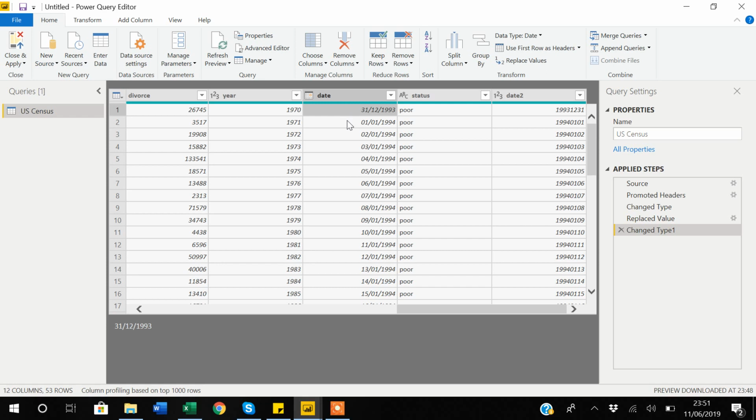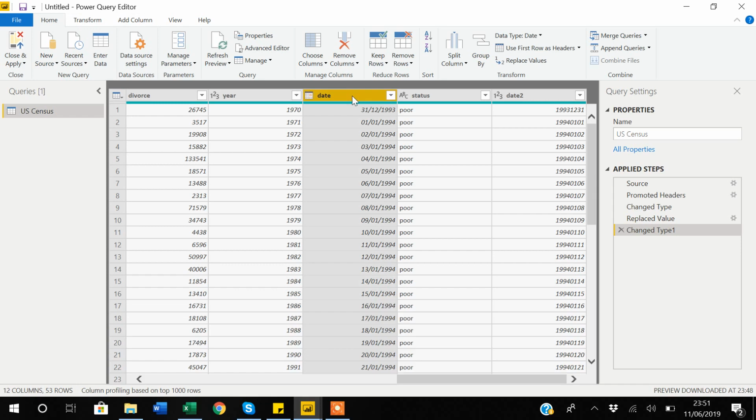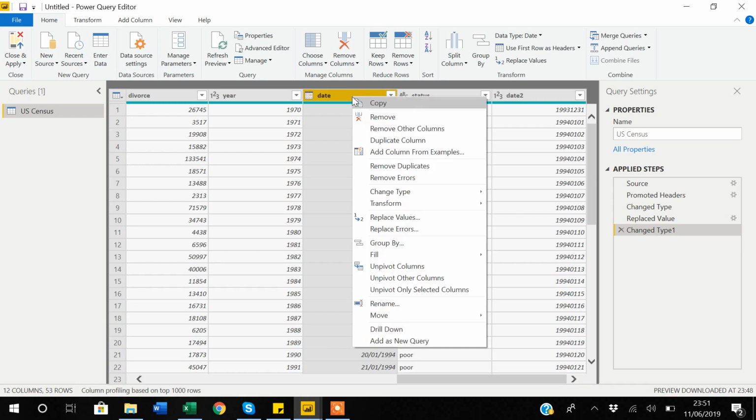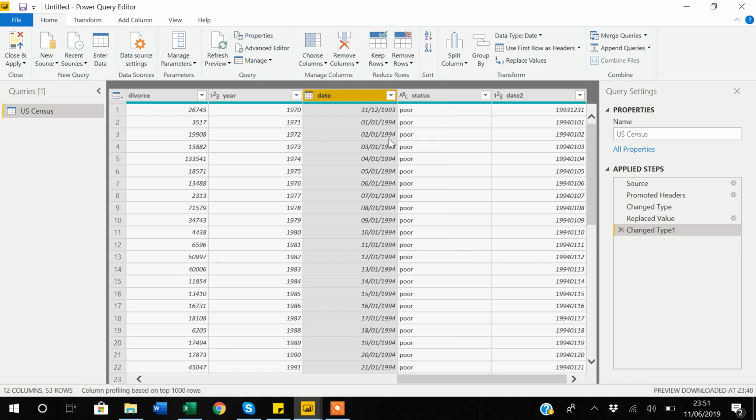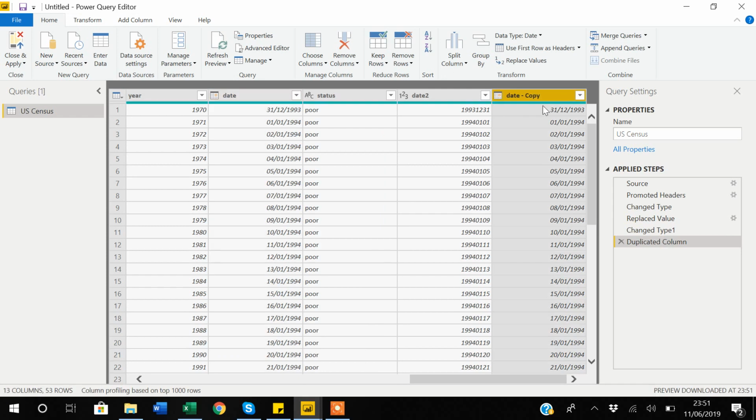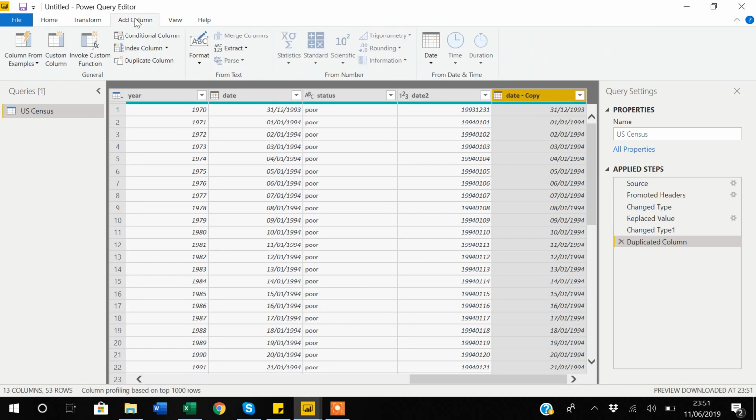So now the thing is, here there are two options: transform and add column. What I will do is copy this date variable. I will say duplicate column. So now you can see I have the same variable like this, and now I will do some things. If I select this date, the copy of my date variable, and go to add column, you can play around with this